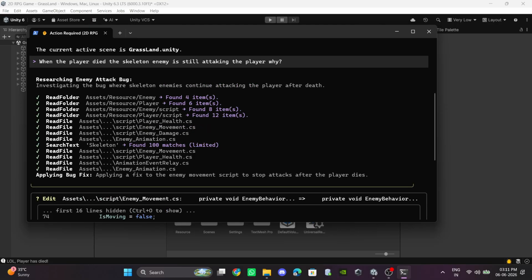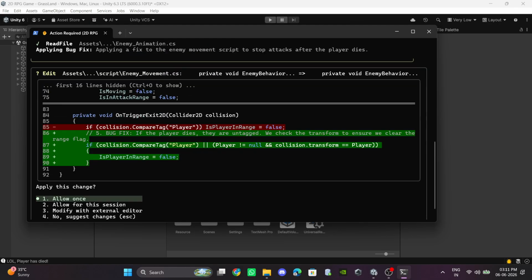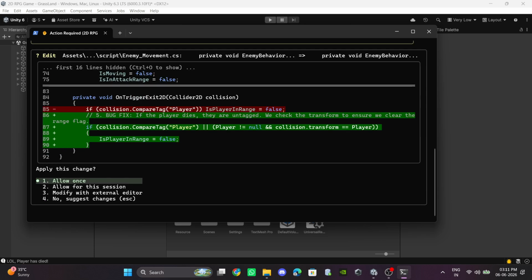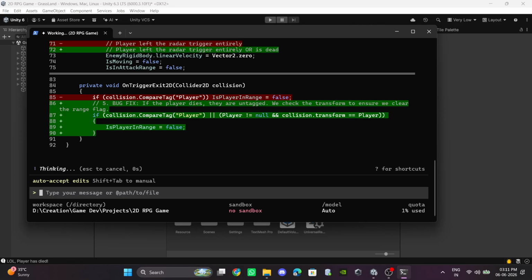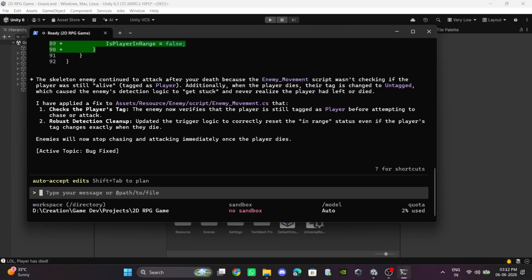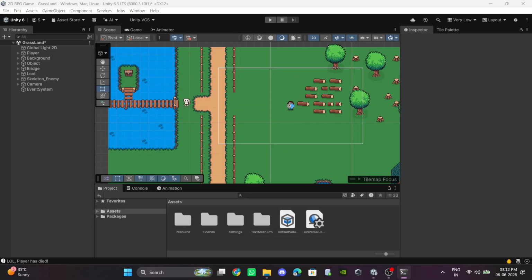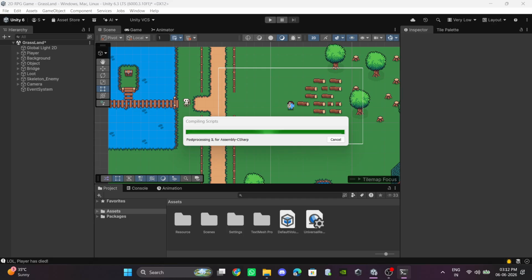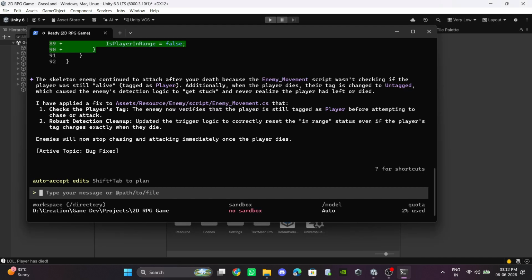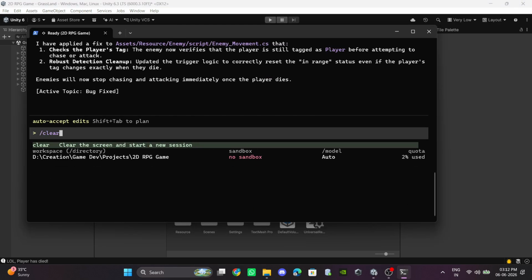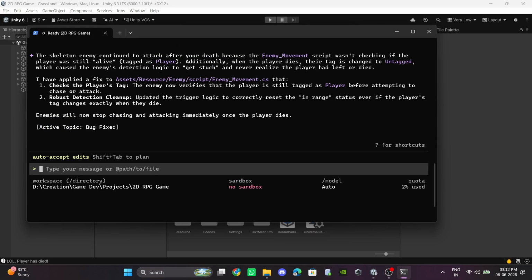Okay, after some time, it solved the issue by checking everything in our Unity project, and it tells me what the issue is. I can even give it access to make changes to allow for this session. You can change the access type. So I give it access, and now Gemini is able to update the code, inspector values and other changes in the code, and I even created objects like a game object cube, changed its material, changed its position, and anything we needed. You can use the /clear command to clear the chat, but I don't want it.